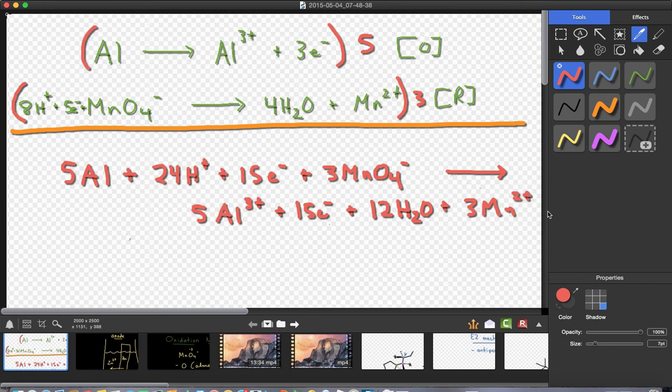Now, of course, electrons never occur in the stoichiometry,